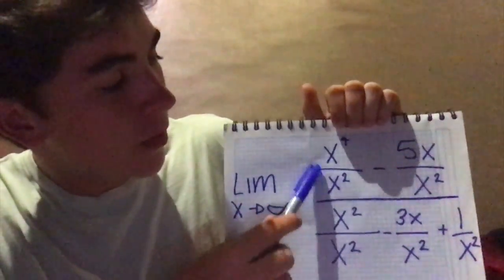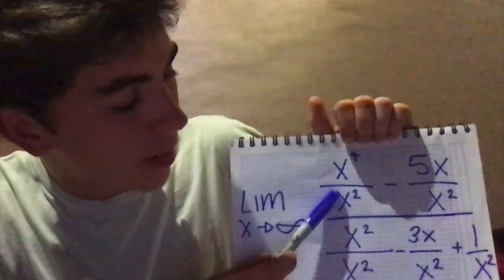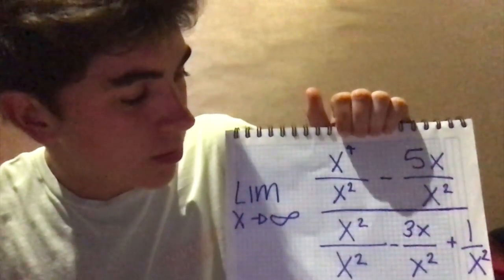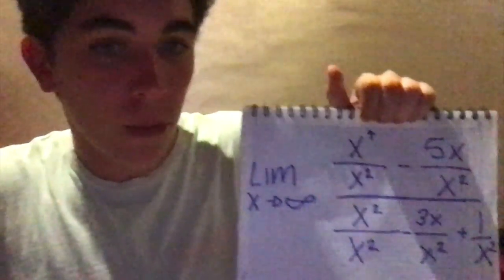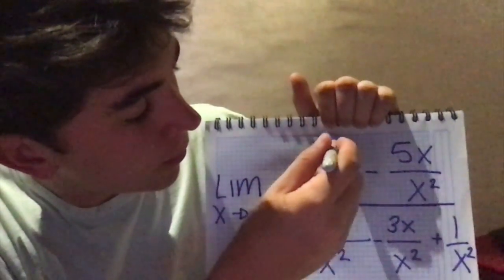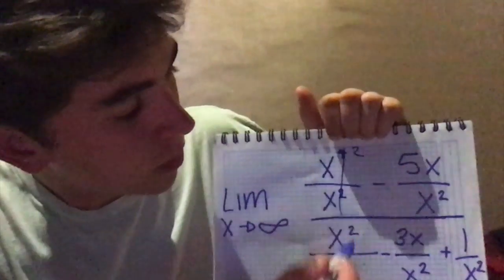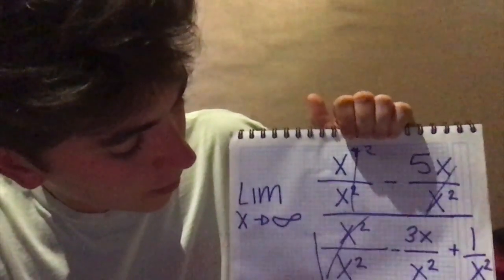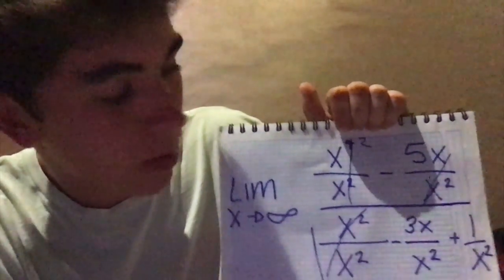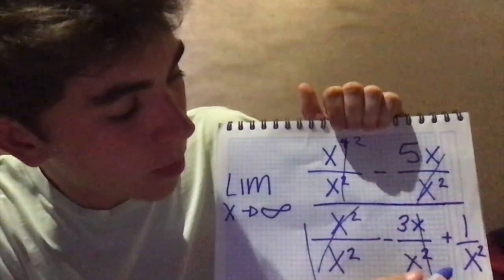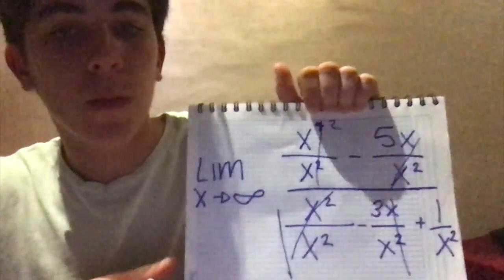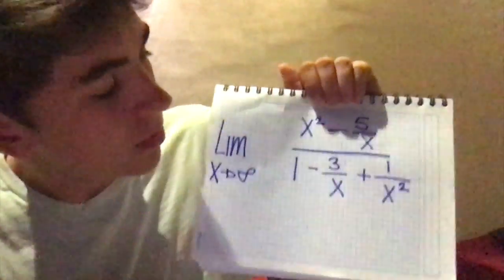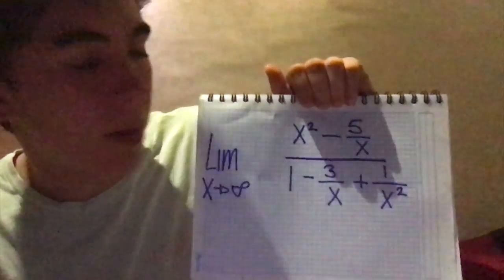You will divide every single number and variable in the problem by the highest exponent, and then you will cancel out the x's. So here you have this 2, 1 on the bottom. Here you cancel out, but you have a 1. This one cancels out, and 1 on the bottom, and this one stays the same. So now that you have canceled the x's, you're going to have this, and then you're going to put your limit, which is